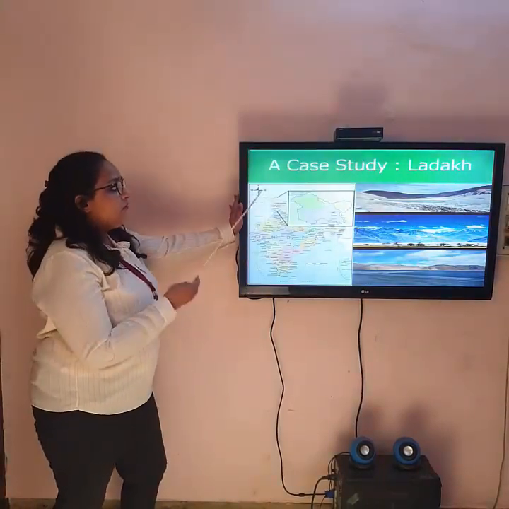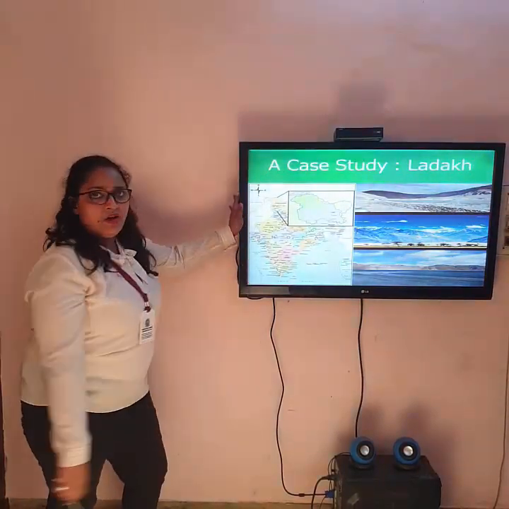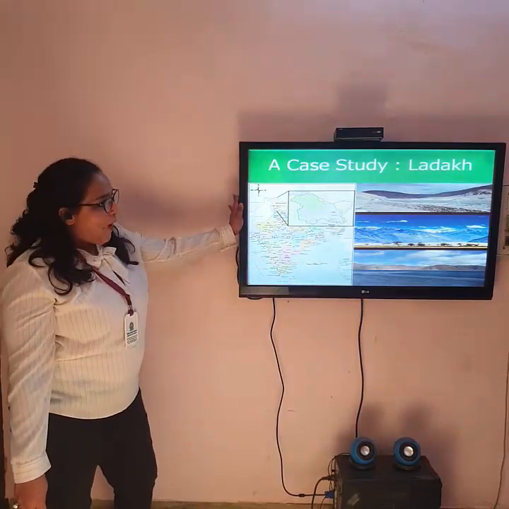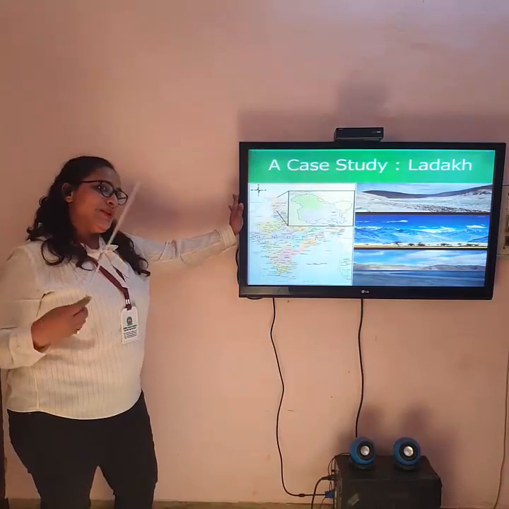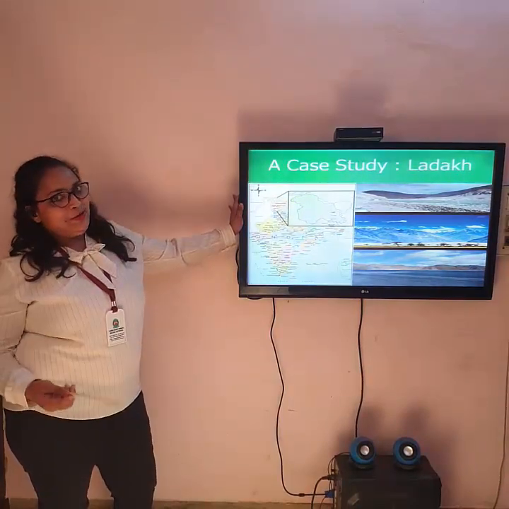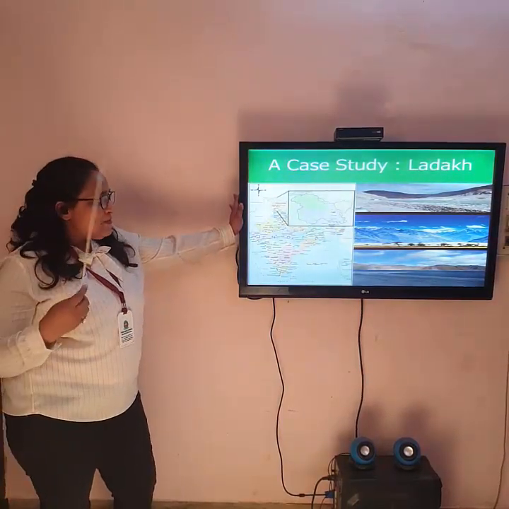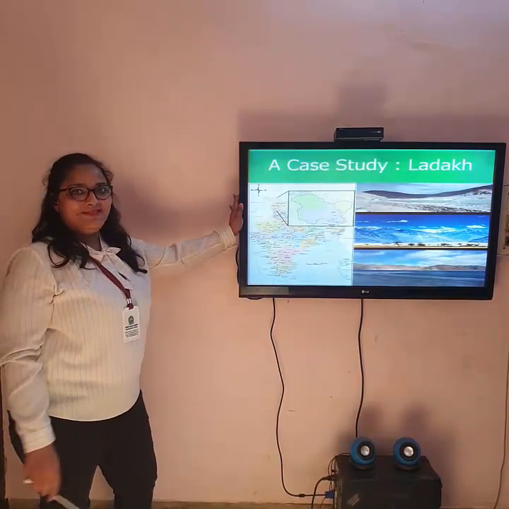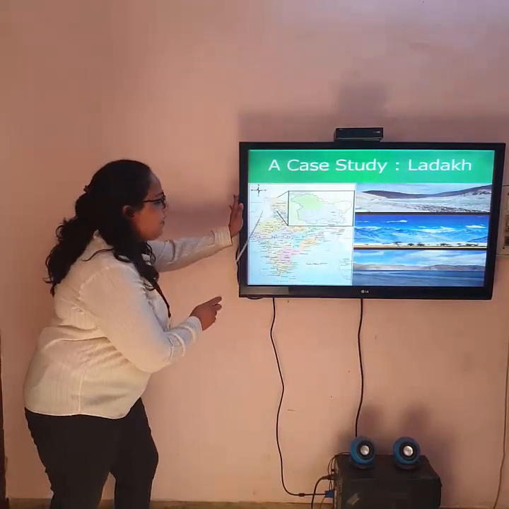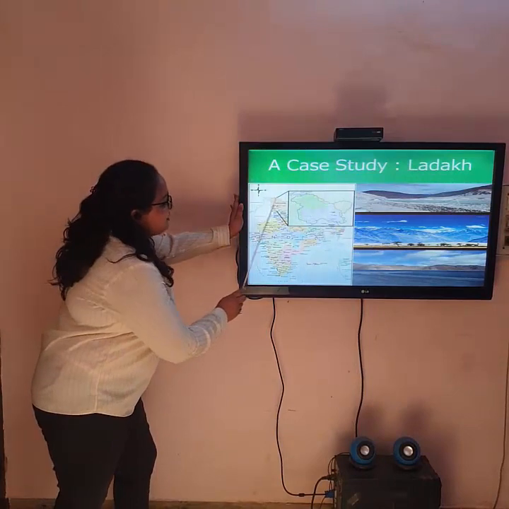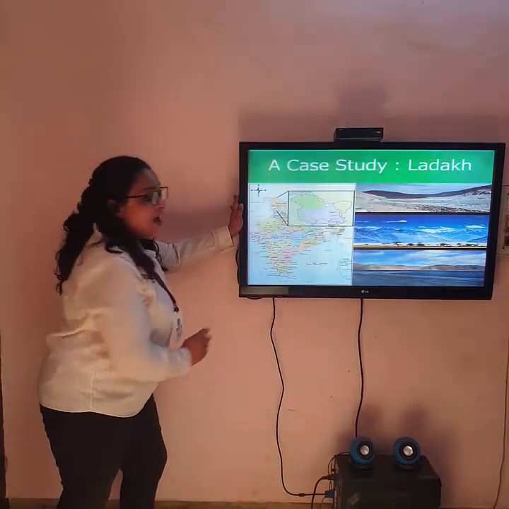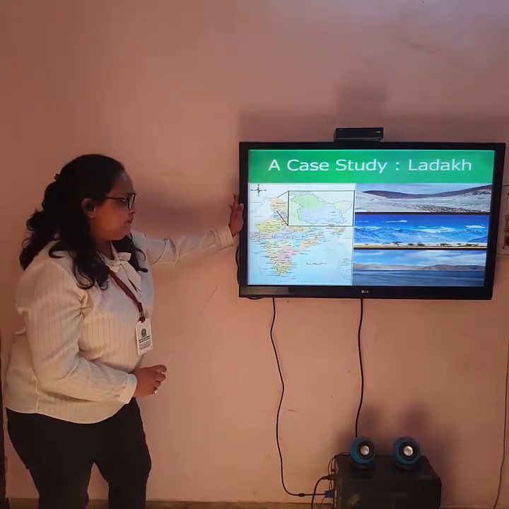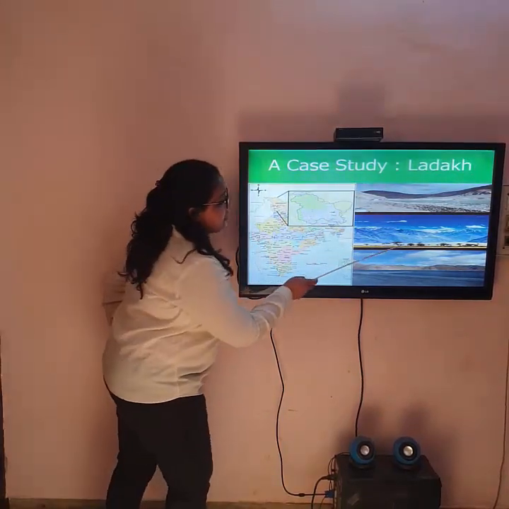In this slide, we will study the case study of Ladakh. You all like the place Ladakh. If I asked you to select a place to visit during the summer vacation, then sometimes you would opt for Ladakh. Ladakh is a cold desert. It lies in the mountains, in the eastern area of Jammu and Kashmir. But here vegetation grows